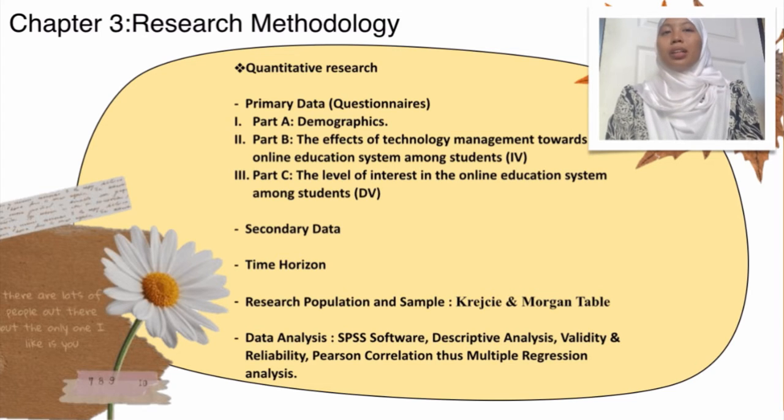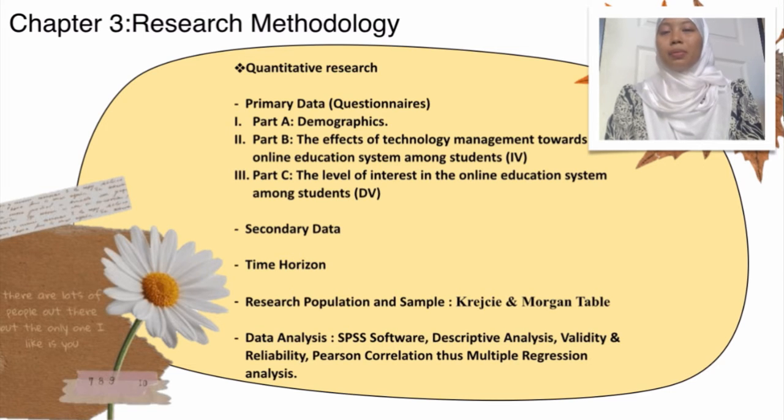Primary data. Primary data is considered as the information gathered by the investigator for a specific aim of the study. This is the crucial part as well as the initial source of the data gathered in this study. For the purpose of being relevant to this study, primary data will be collected by distributing a questionnaire to the students. The respondents will be required to answer the questions prepared in the questionnaire to measure the several independent constructs under the study on a Likert scale of 1 to 5, which is strongly disagree, disagree, neutral, agree, and